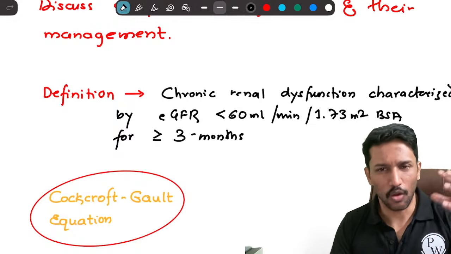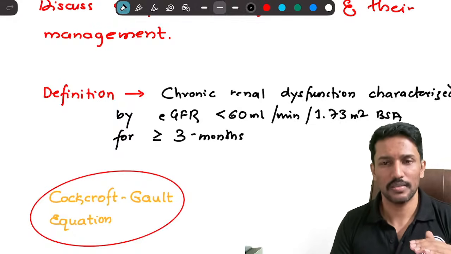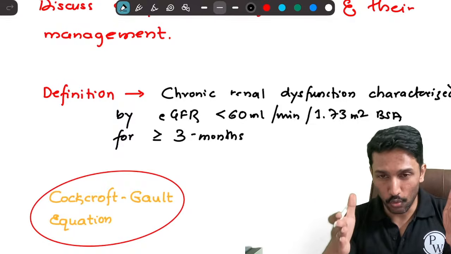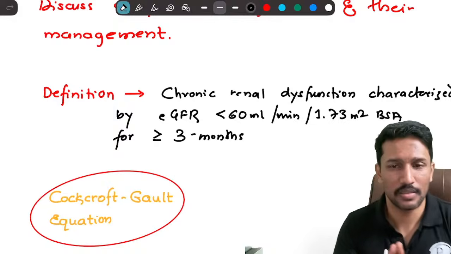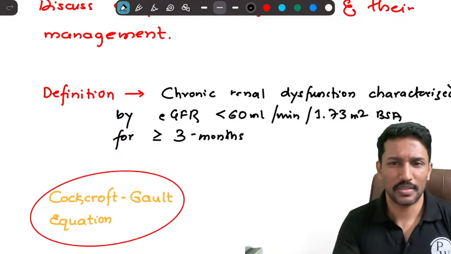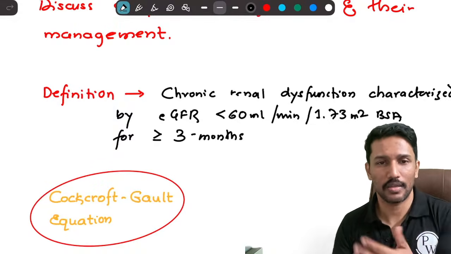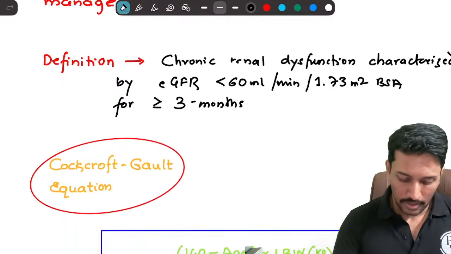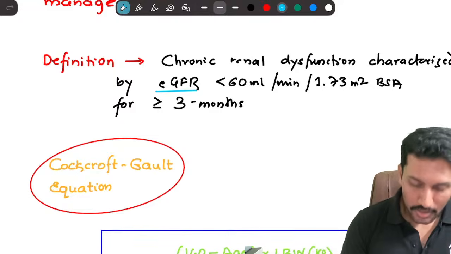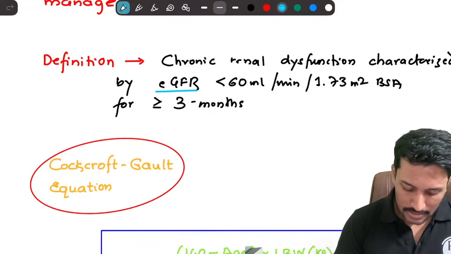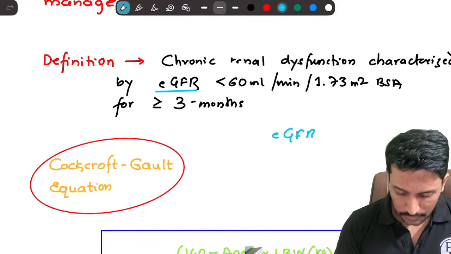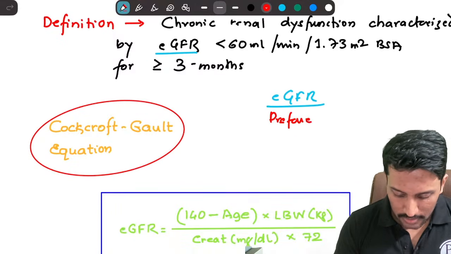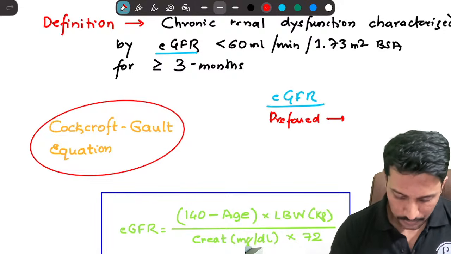It happens many times. Like in all these AKIs, GFR decreases, but once you recover from AKI, GFR bounces back. But if your GFR remains low, less than 60 ml per minute per 1.73 meter square body surface area for 3 months or higher, then you call it CKD. Now, estimated GFR, how do we measure it? The eGFR, the preferred method currently for estimating the GFR is going to be